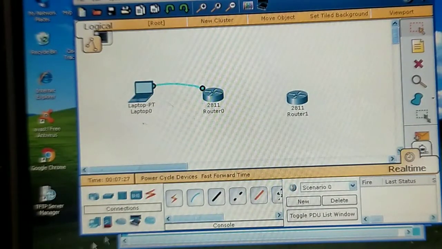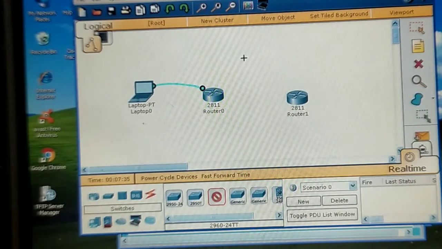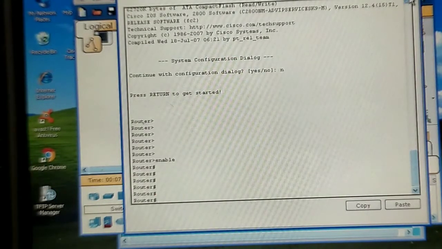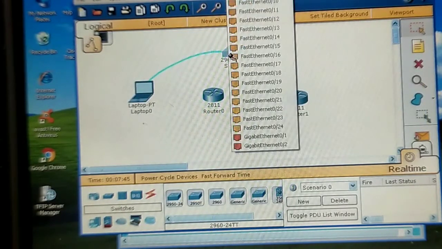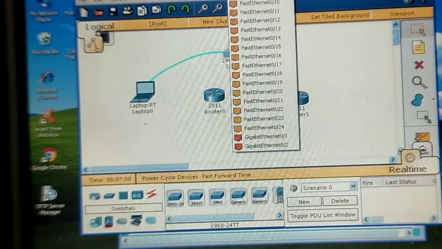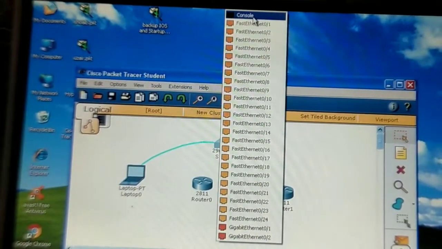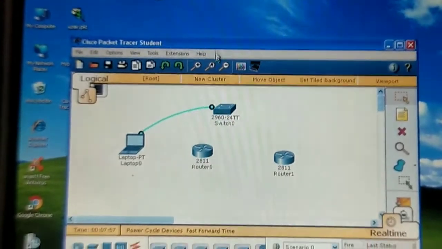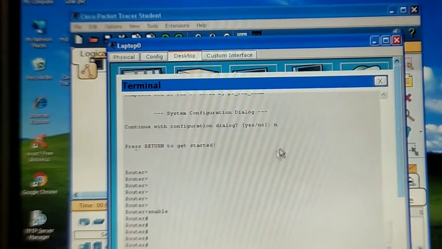You can also use it to connect a switch to the console port of the PC. This is our 2960 switch, and I am attaching this switch now. Sorry, I have to just double click it, and this is now connected to the switch console port. We also have the switch console port, and the switch console port is at the top of the list. You can see over here, this is the console port of the switch, and now I have connected this switch to my laptop's COM port, and now I will be entering again.